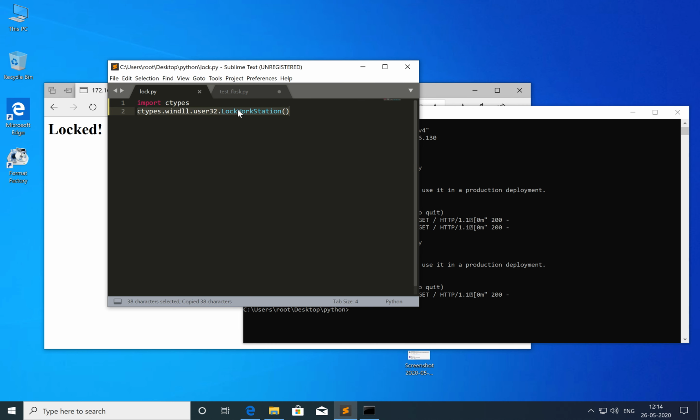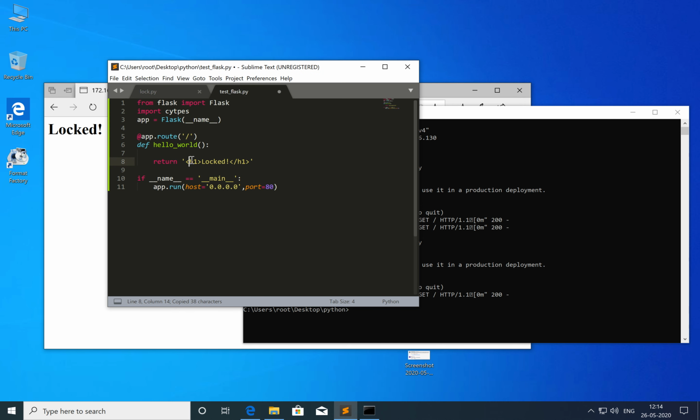So let's copy this, and I'll be pasting this line here. It's nothing but importing the Windows user32 DLL, and we'll be calling this LockWorkStation function. So by doing this, we should be able to lock our Windows screen